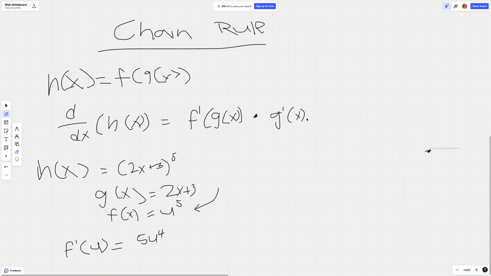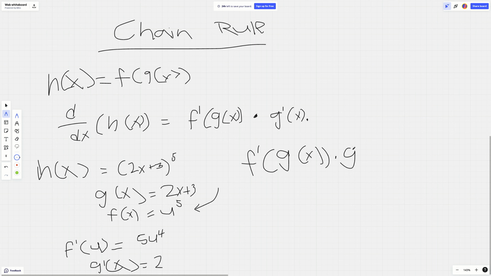Now, we've got the derivative of f. Well, what's the derivative of g? We know that the derivative of 2x is simply equal to 2, and the derivative of the constant 3 is equal to 0. So technically this is going to be 2 plus 0, but that simplifies to 2. So the derivatives of f and g are equal to 5 times u to the power of 4 and 2 respectively. Now, if we apply this chain rule, we get f prime of g of x